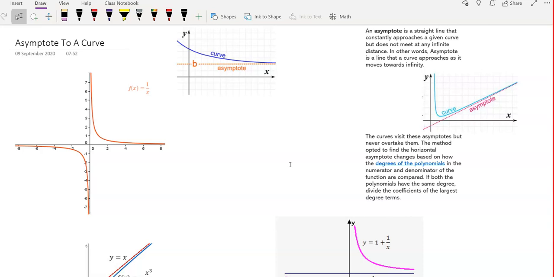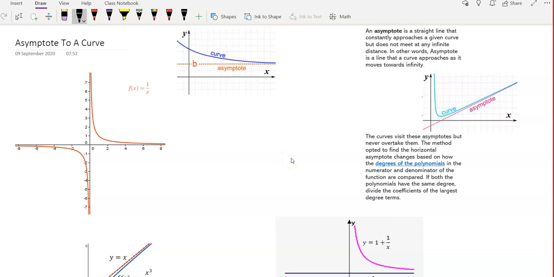A curve will have a horizontal asymptote if, when x tends to infinity, we get y as a finite value. But if x tends to a finite value and y tends to infinity, then it has a vertical asymptote over there. Before we go to the mathematical definition, just see the diagram. I have shown you in three diagrams three different kinds of asymptote.